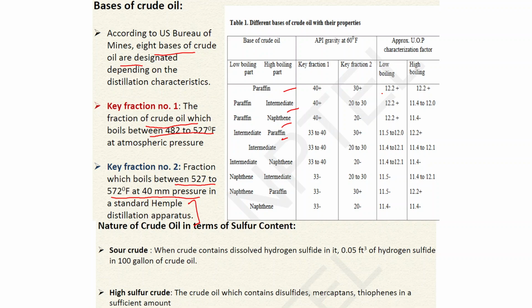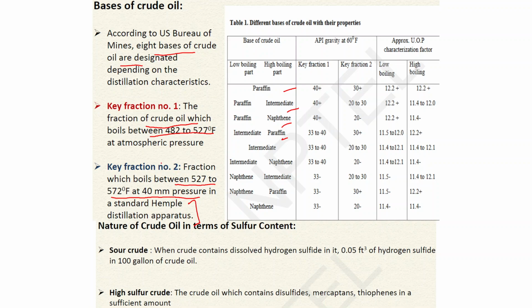So now, the nature of crude oil in terms of another term which I told is the presence of sulfur. Presence of sulfur is also very crucial. Though it is not required, sulfur is sometimes present in very large amounts in crude oil, which obviously degrades its quality.